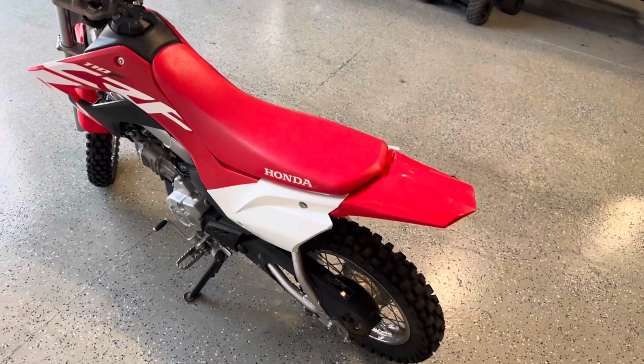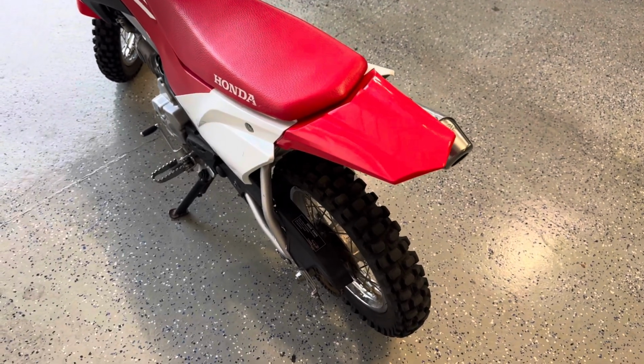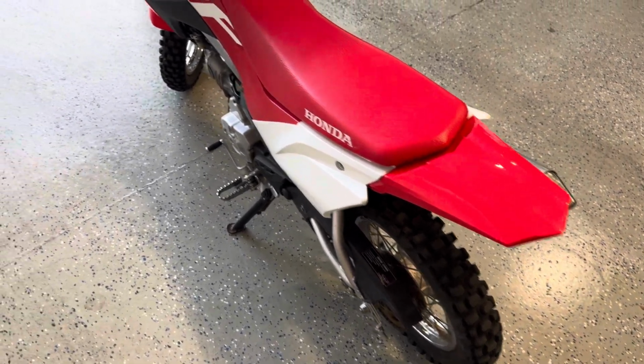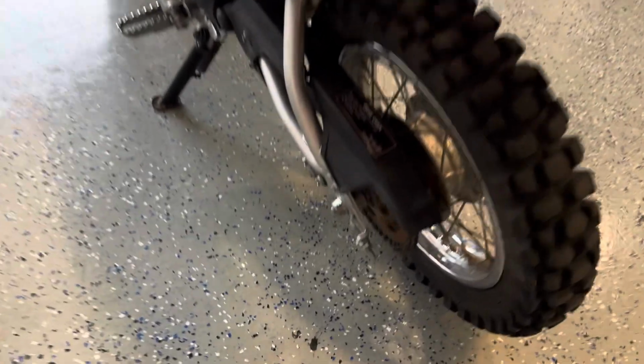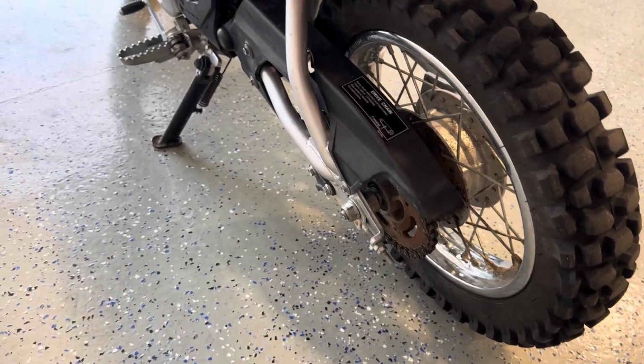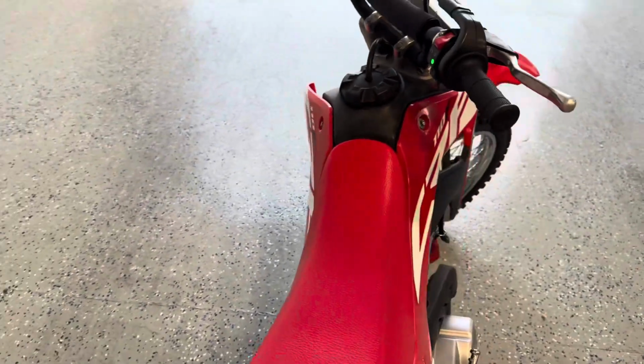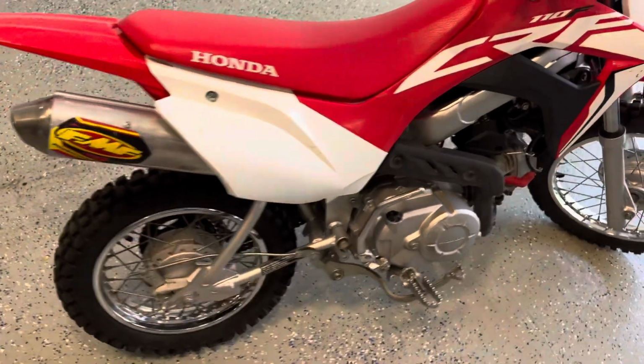There's not a lot of maintenance on these bikes. That's the nice thing with these. These Hondas are really reliable. I'd say the only thing maintenance-wise is just changing the oil, lubing the chain up. So just put some chain lube on the chain. Changing the air filter. I'll do a video on how to get to the air filter and change the oil here, but